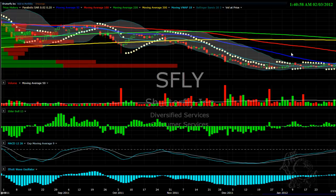Oh, I got one more before this, which is SFLY, SFLY. All right, this is very similar to the other stocks, and you can see this is my style of trading. Whenever we get crossovers, price action above any moving averages, that's when you get machines kicking in and that provides opportunities. As you can see, there's a 50-day moving average. You have your Bollinger Band